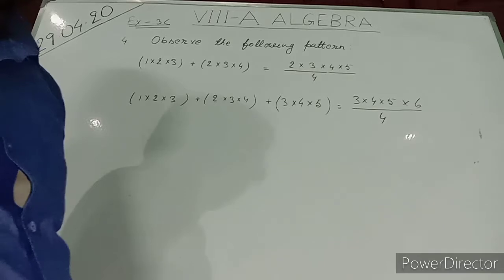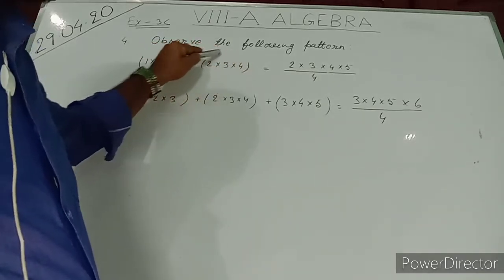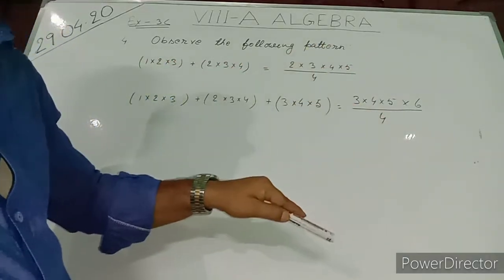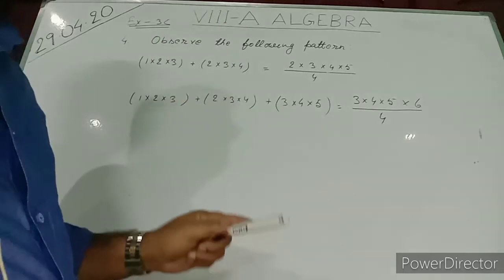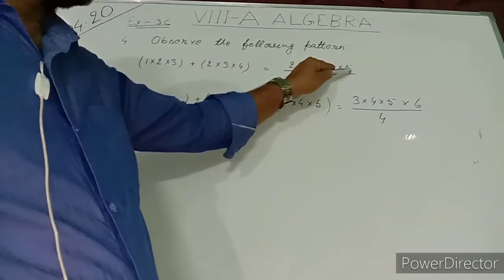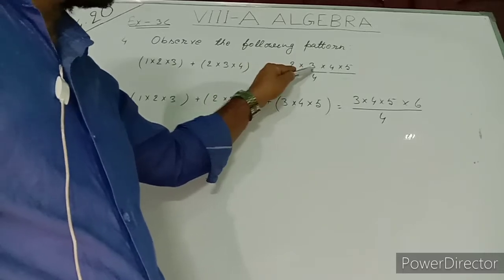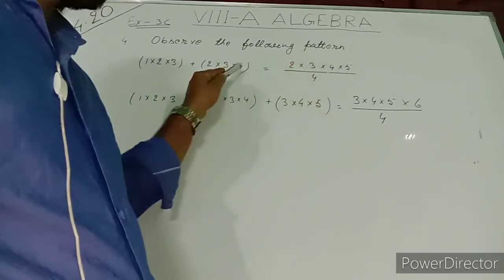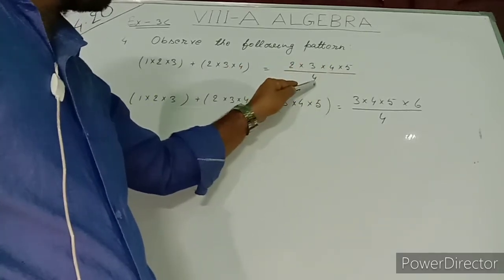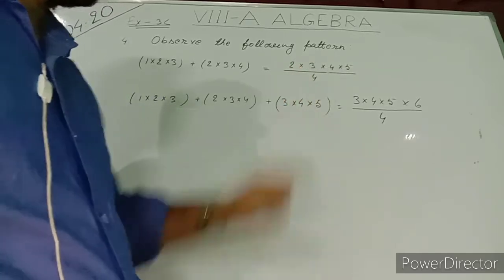By 4. So how much are you getting in the last bracket? You write one more number in the same order, in the consecutive manner. Consecutive manner means if here is 4, you write the last as 5. 3 is already there, so I wrote 3 first, and the last will be one more than the last number 4, that will be 5, by 4. This 4 is coming from the count. How many numbers are these? 4 numbers are there, so I wrote here 4.